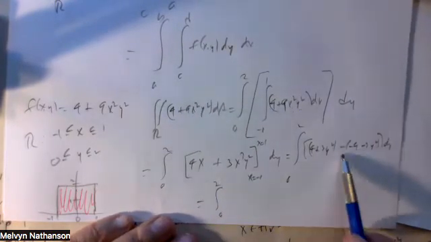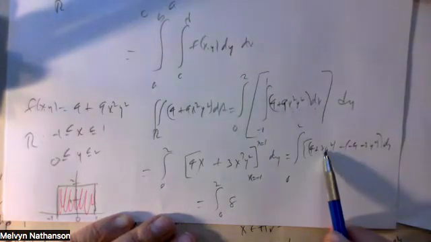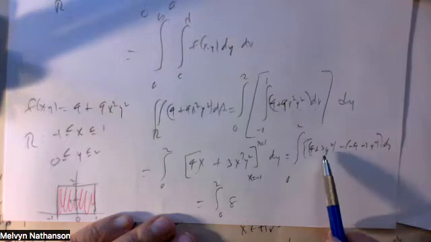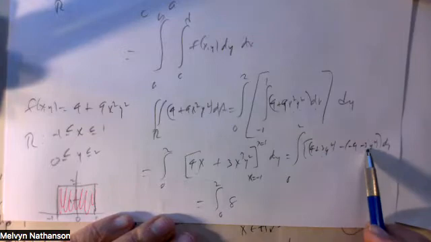This is the integral from 0 to 2. 4 minus -4 is 8. 3y squared plus 3y squared is 6y squared,